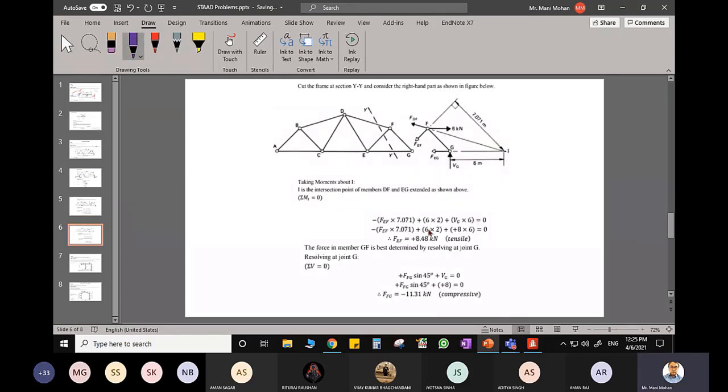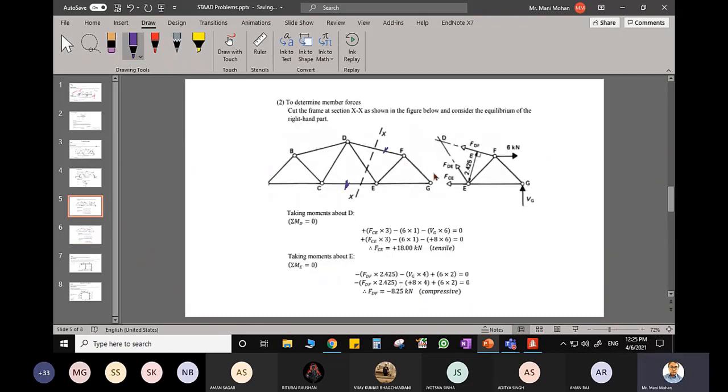And next, you have to compute for EF and FG. Okay, so this member and this member. So let me write down these forces which I have got. At CE, I'm having 18 kilonewton, and this is tensile. Okay, DF, this one is minus 8.25 kilonewton.